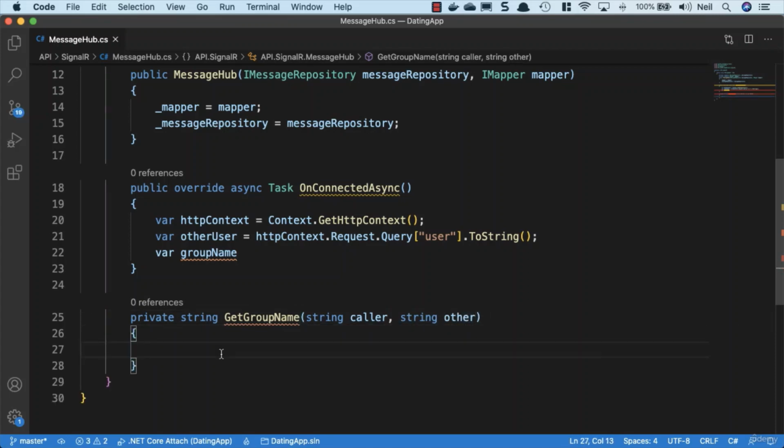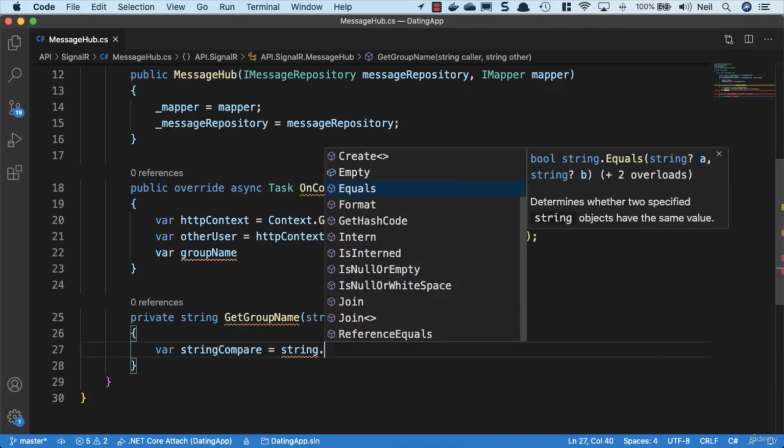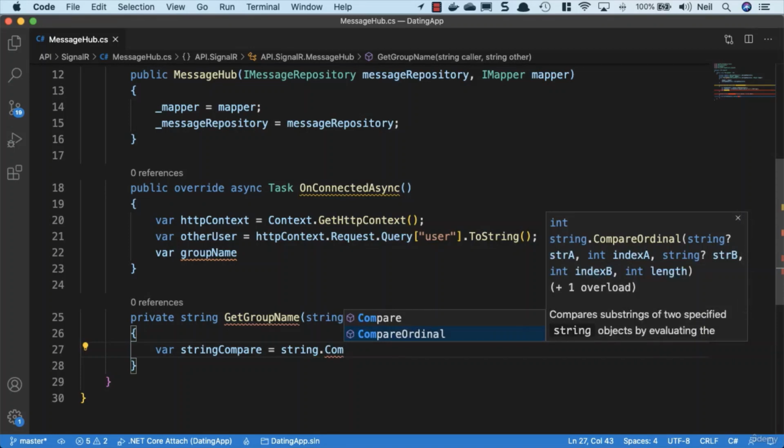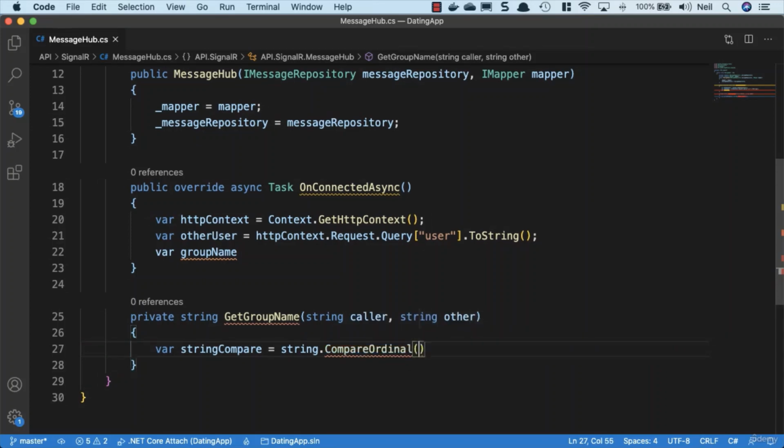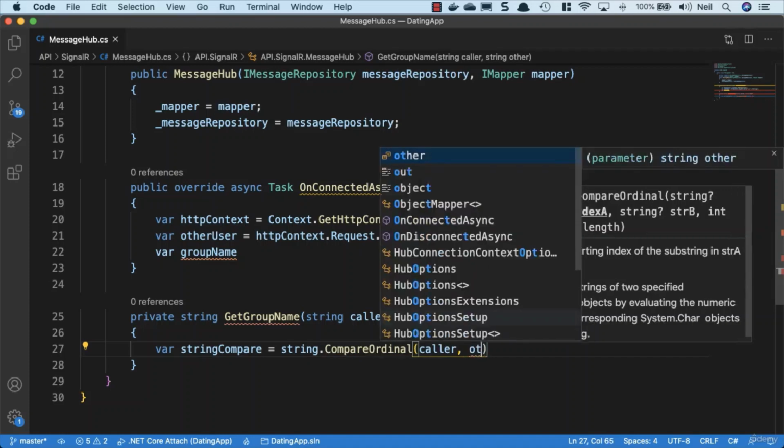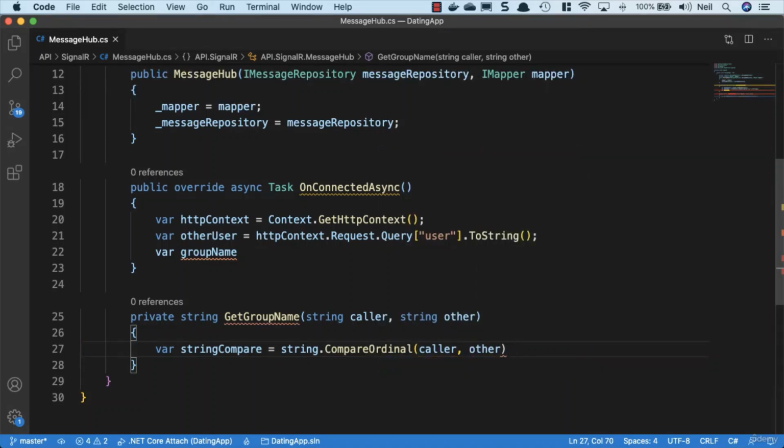And what we'll do is we'll say var stringCompare equals string, and then we can use the CompareOrdinal method in here, where we can pass it two strings, and then it's going to give us a return value of either -1, 0, or plus something. We'll use this to compare the two strings, and we'll pass in caller and other, and then we'll check to see if it's less than 0. Because CompareOrdinal returns to